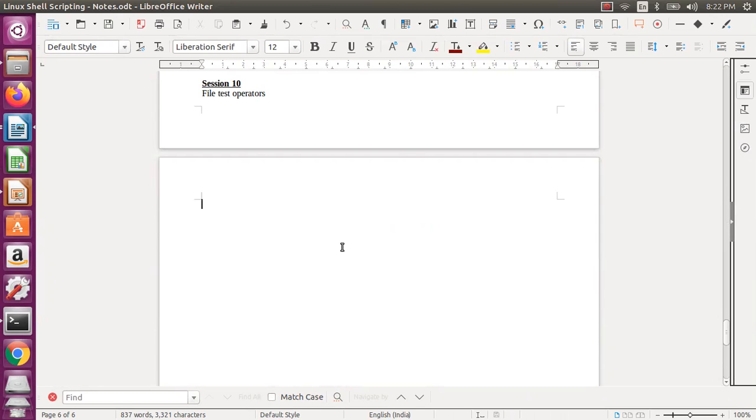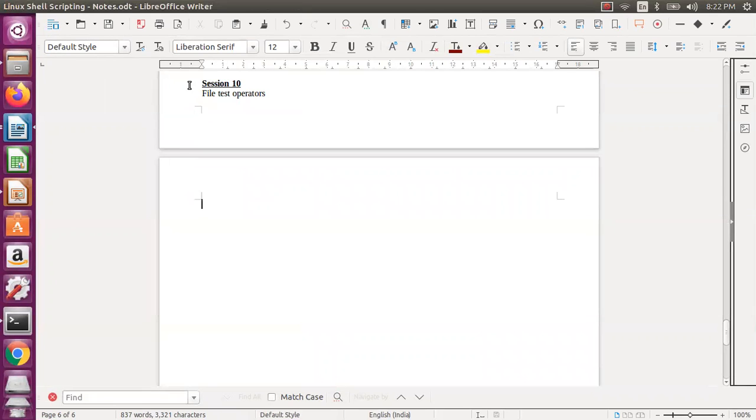Assume that it contains data also, the third step is you need to see whether you are permitted to read that one. If you are supposed to write, you need to see whether you are permitted to write, like that. And the file test operator is for testing all the files, not only normal files, you can check with directories, because everything is a file in Linux. So device files, terminals, character special files, block special files, pipes, sockets, everything is treated as a file. So you will be looking at whether the file exists, or whether it has data and all that.